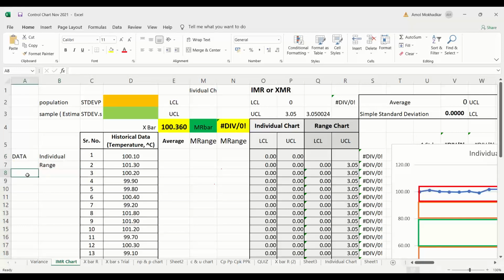What else should you have? What will be there on the control chart? What are the components of a control chart? Tell me.